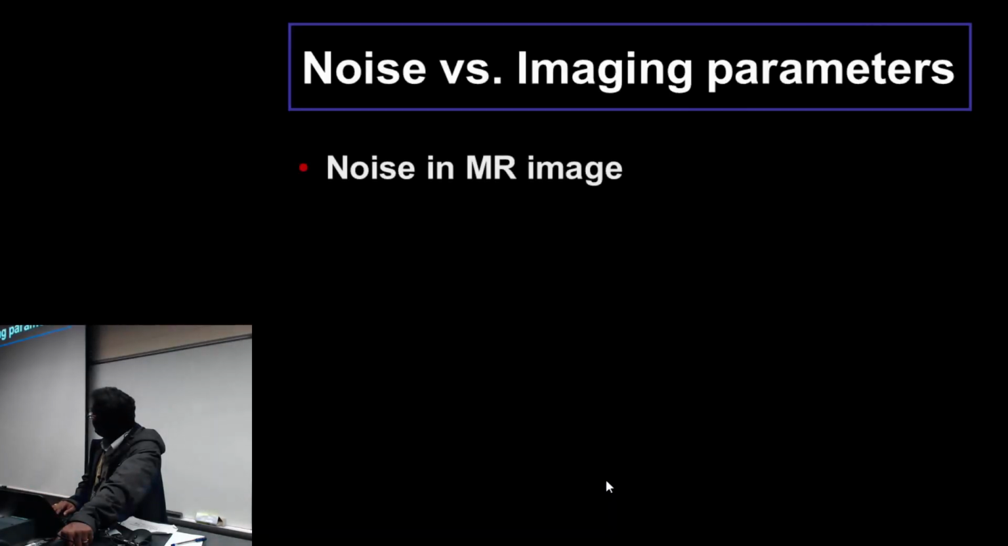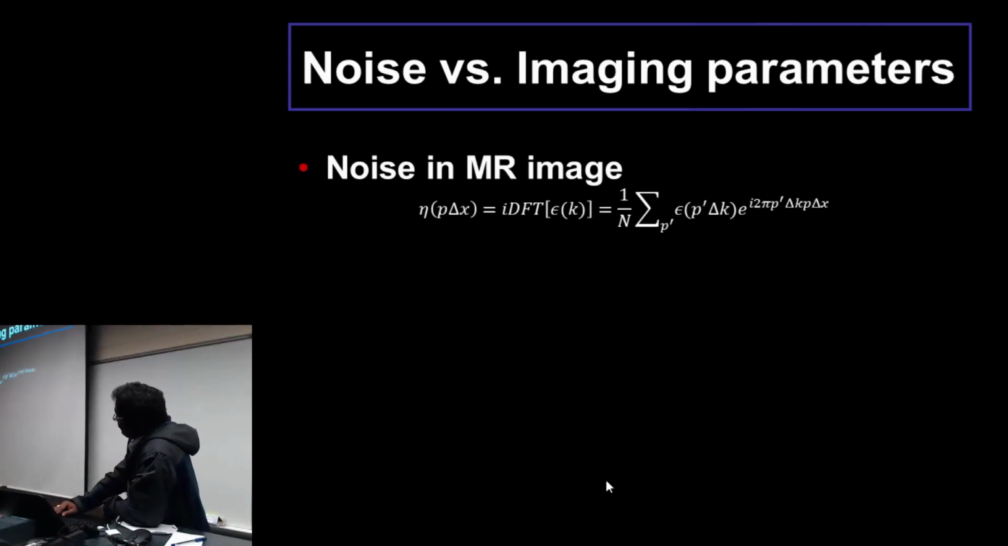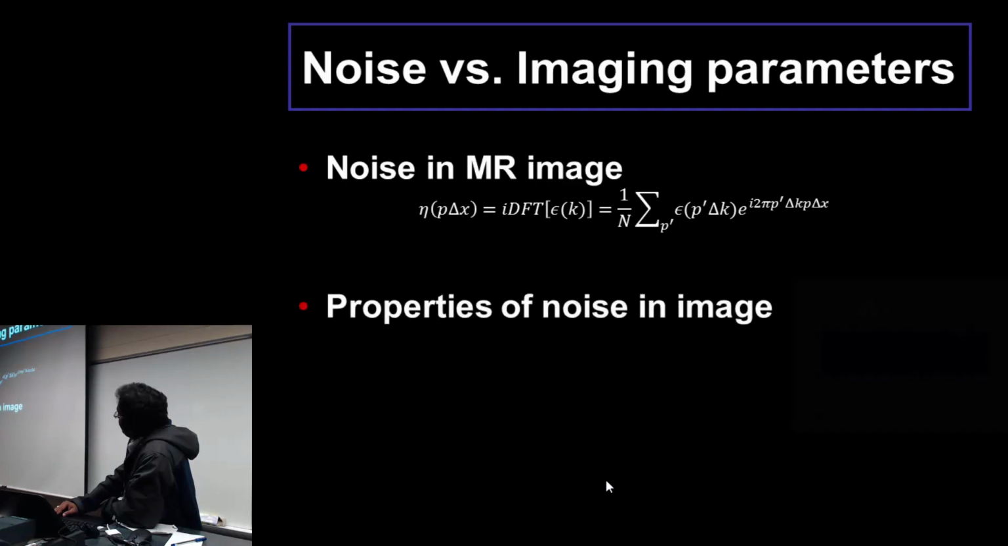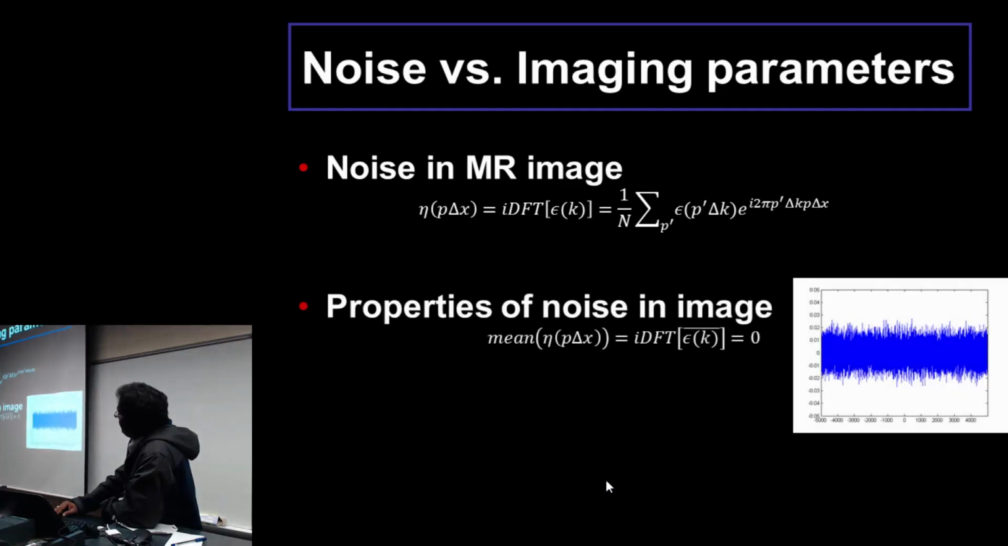You can actually derive that by looking at the Fourier transform relations. So you have eta p delta x, which is the inverse Fourier transformation of epsilon k, and if you take the expected value of that noise, then the expected value of noise in the k-space domain is 0. So it also turns out that the expected value in the image domain is also 0. So this is the image domain noise, and the mean value of that noise is 0. The variance of that,